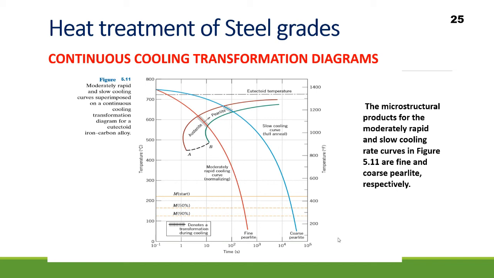And one more very important thing I want to mention here: you must be wondering that the TTT diagram was extended to longer times and to more temperature zones, but the CCT diagram is closed here. So what is the reason why it happens? The basic reason for this is that